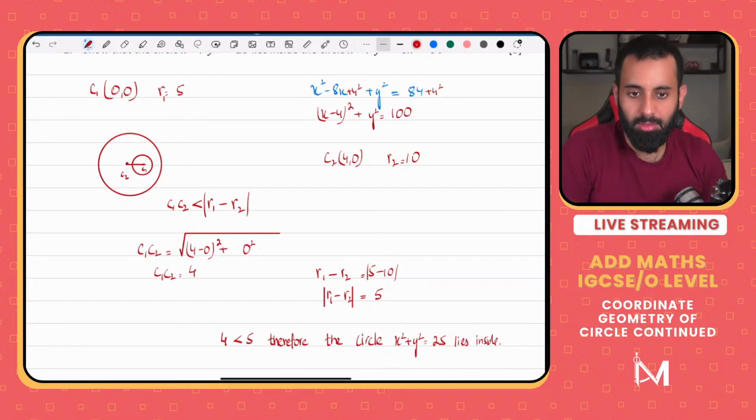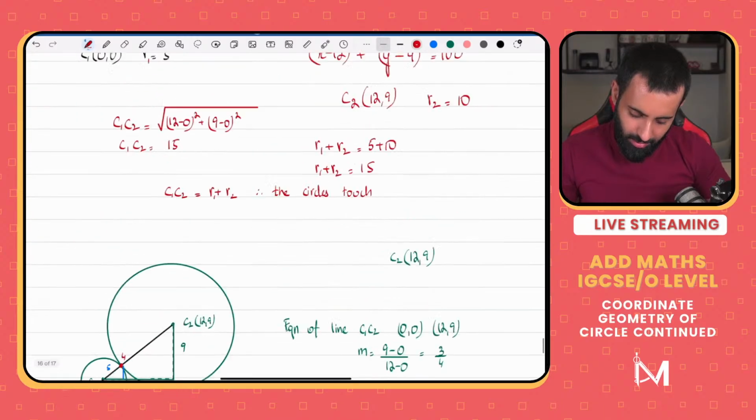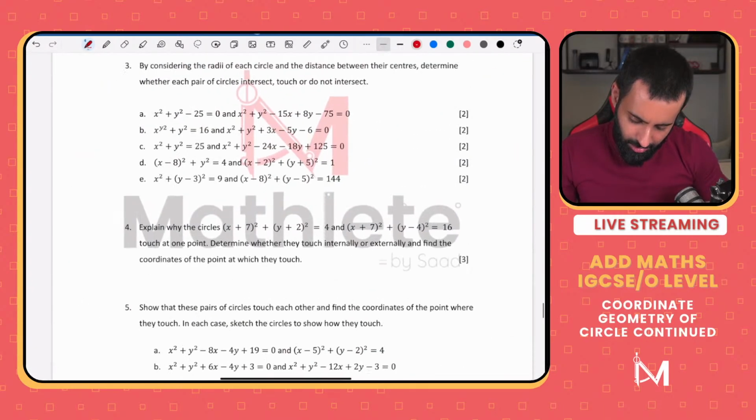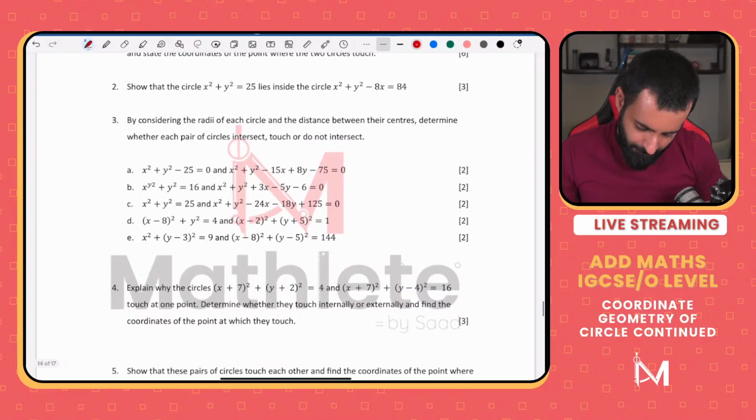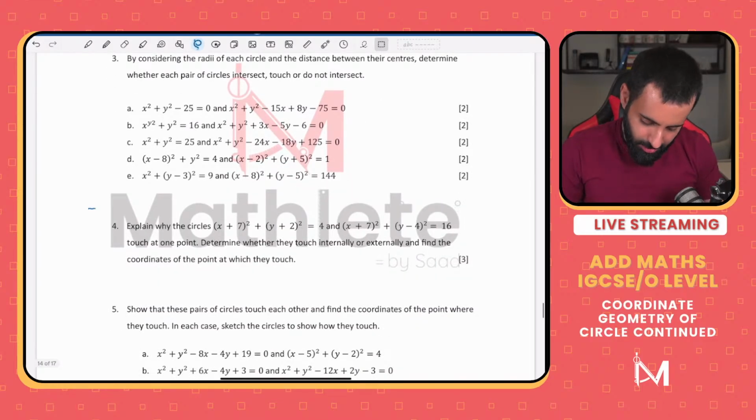There you go. Okay. Now let's do one more question, and then the rest of the questions I would suggest you guys can practice. They're fairly easy. I've solved all the difficult ones. Okay, I'd like you guys to do question number 4.